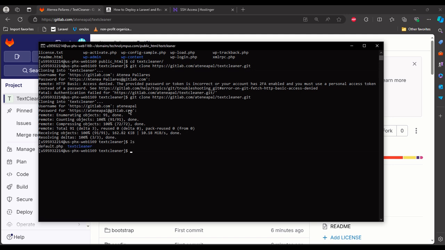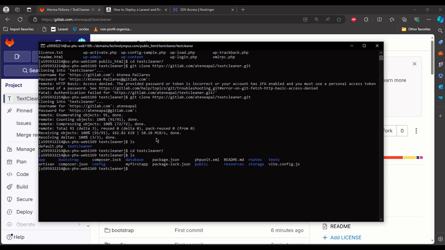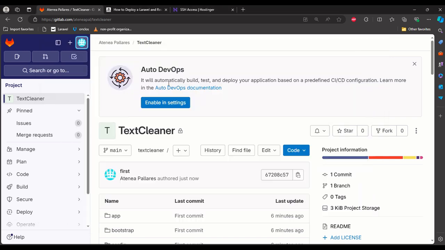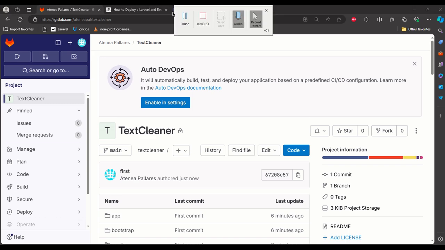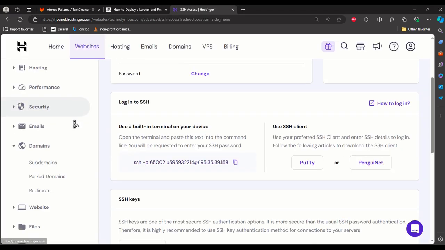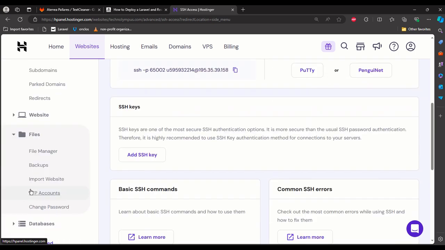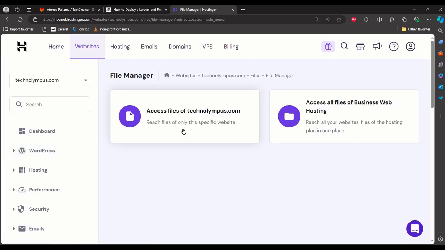Okay, I downloaded it, so let me see if everything got okay. Yeah, everything got fine, but we have to move all the files from the text cleaner to the root. So in order to make it easier, we can use the file manager in Hostinger.